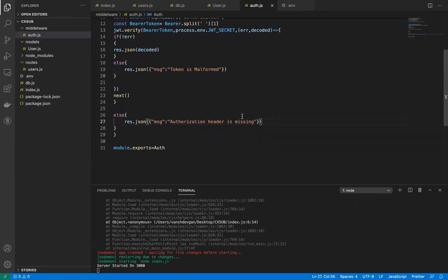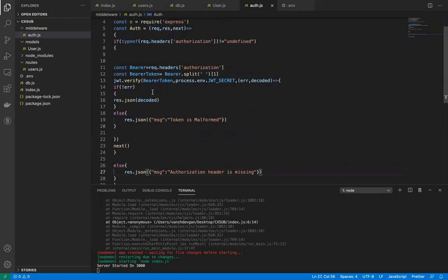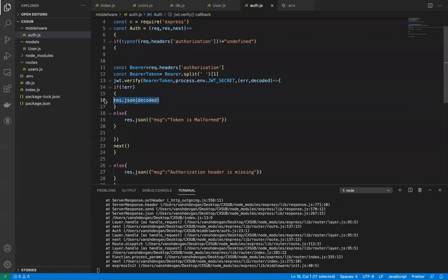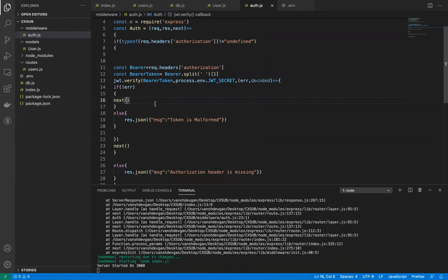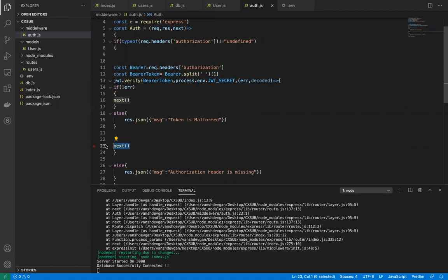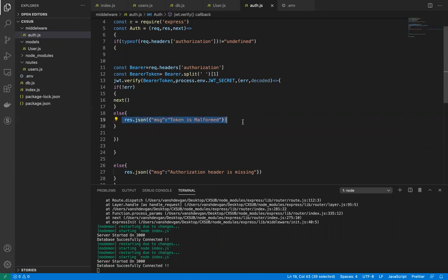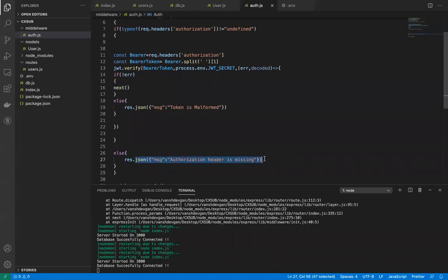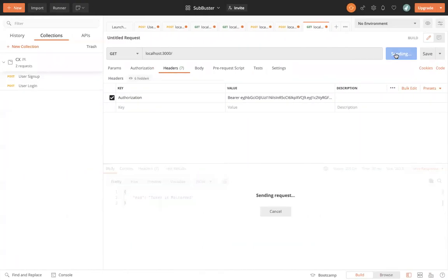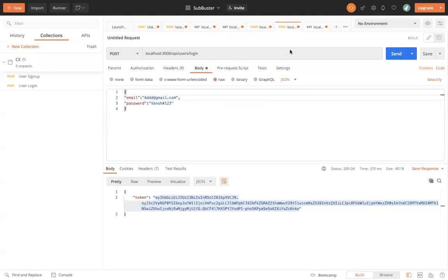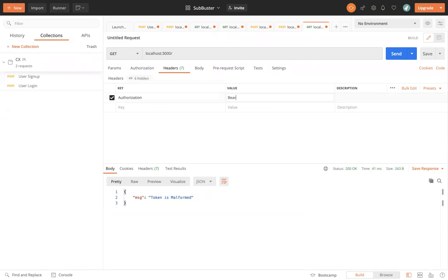And when we return this particular message, that's fine. Let me send it. Generally we do not return something from here; we generally simply call next from here. Let me remove this thing. If the token is malformed, we return this. If the token is not malformed, then we pass on to the authenticated route which we want. And if there is no authorization, then we return this. So let's see, token is malformed, and if I simply get a new token and copy it with Control-C and bearer, just a second.